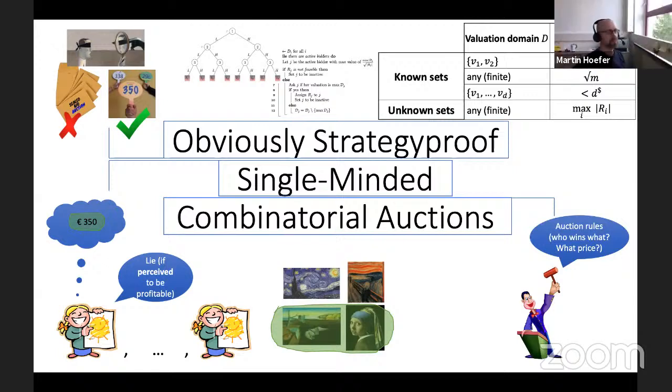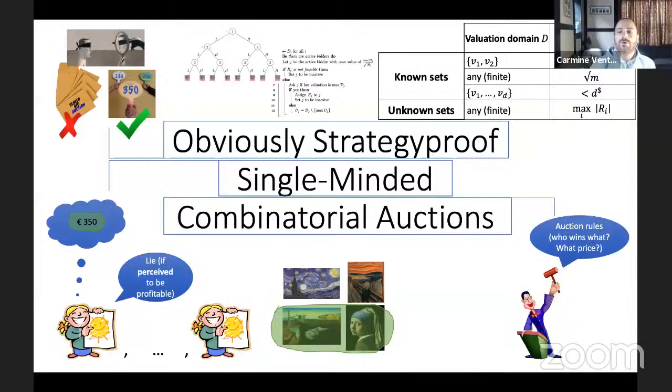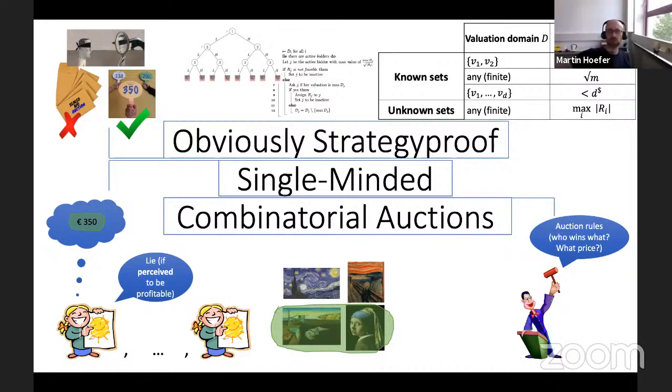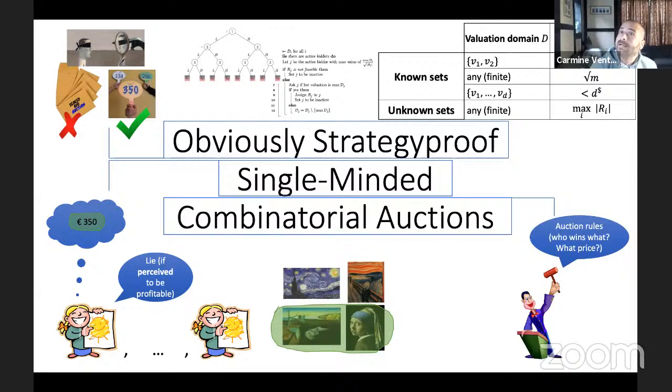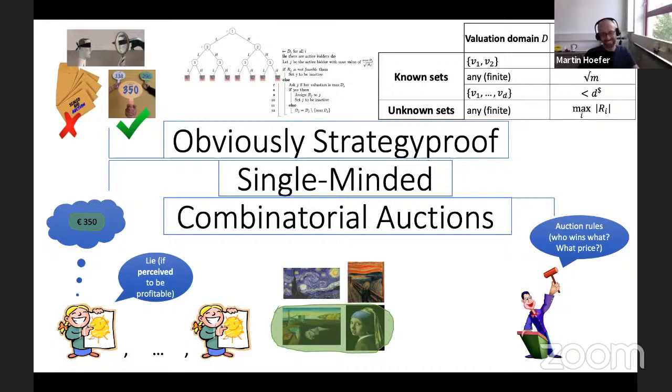So do you think that's a sort of a hazard to good OSP mechanisms, or it's just that these kinds of templates that people have used in the past don't apply in this case? So you think it's like a serious hazard in terms of there is no sort of non-trivial approximation through OSP mechanisms for significantly general multi-parameter domains? This is purely guessing, speculation, right? So, this is purely speculation.